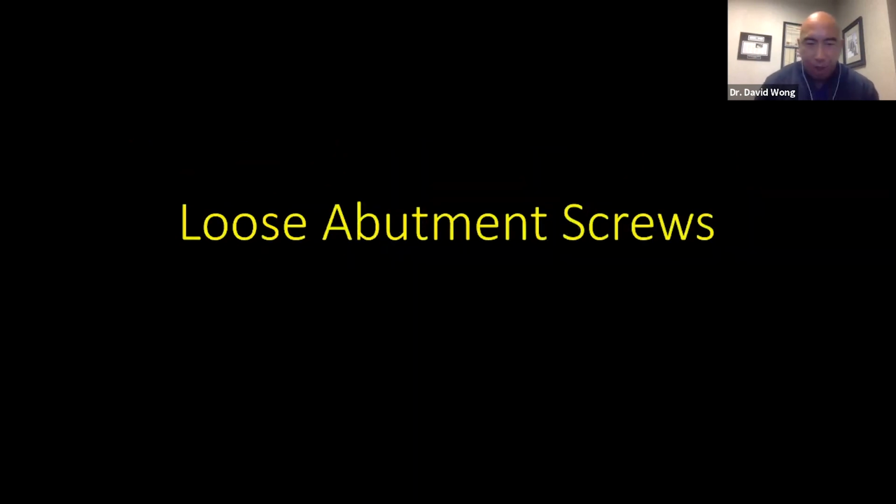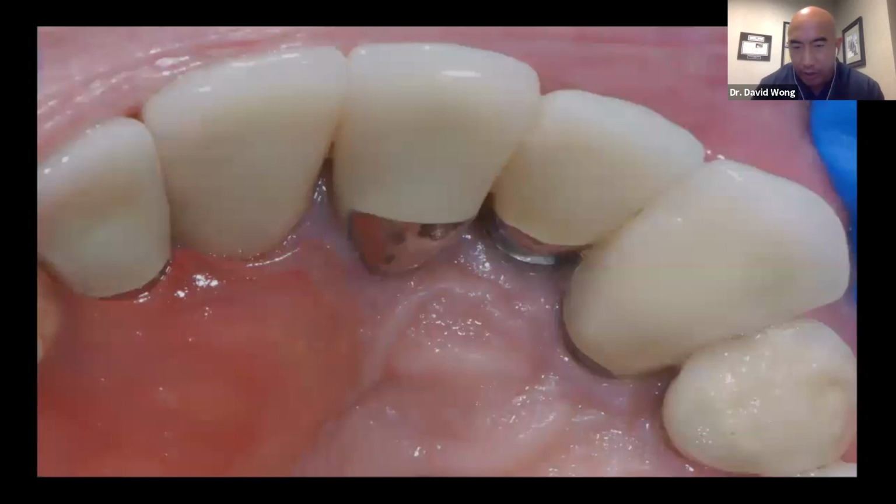First of all, probably the most common thing out there, if you're doing any dental implants, fortunately, we don't get too many failures with the success rates of implants, but we do get a lot of these loose abutment screws. Depending on the literature that you read, this can occur up to 12% of the time, depending on the implant design and that type of thing. But there's a couple recommendations that I'm really thrilled about that we're doing lately, which is mostly screw retained